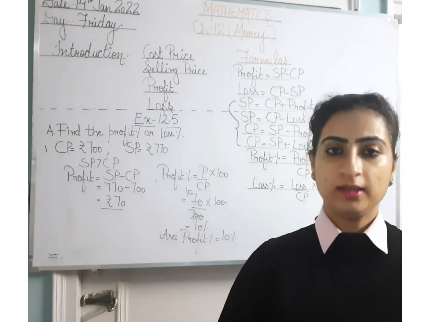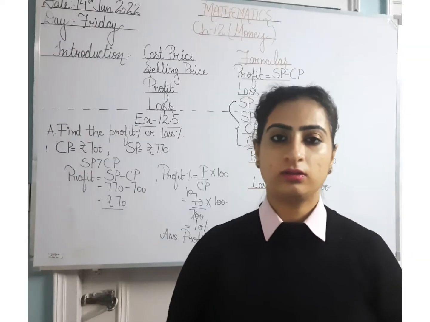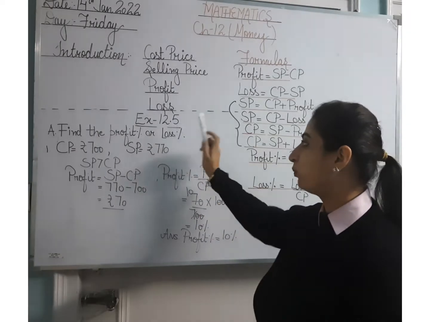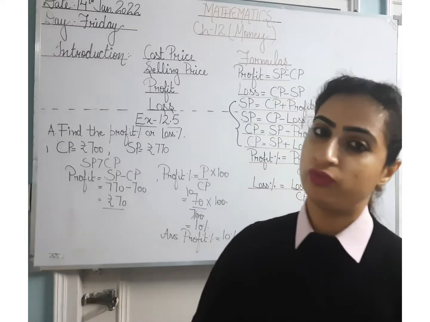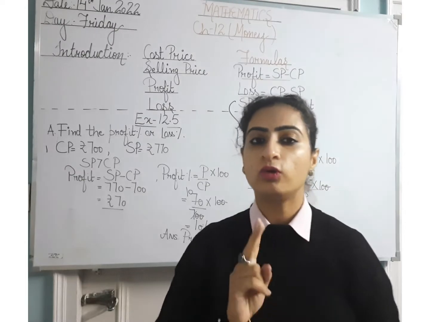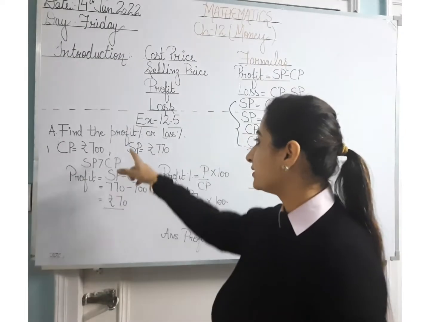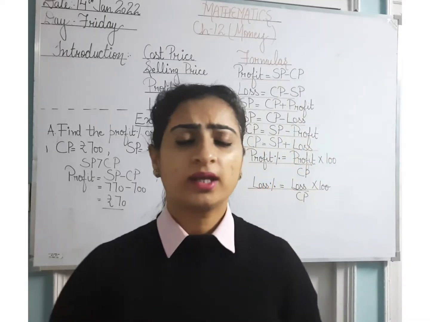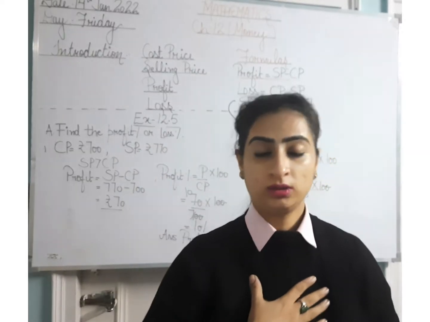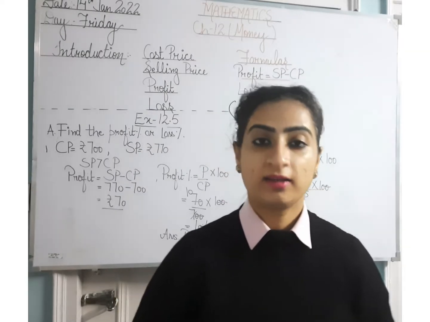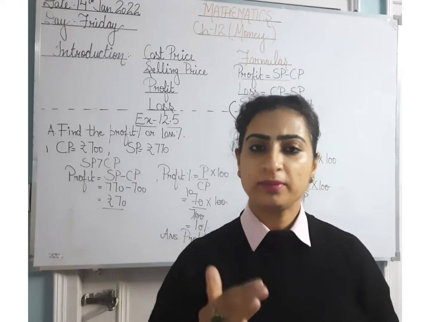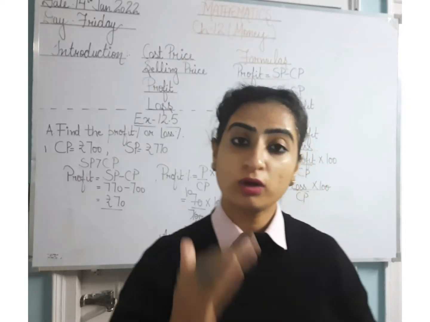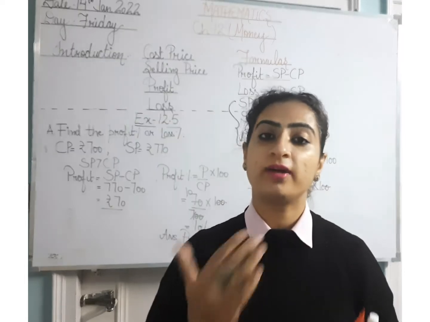Now, in the next class, we are going to start exercise 12.5. Again, new exercise, new formulas. So we have to learn two more new formulas, for percentage. What is percentage? When you take out something out of 100. Okay, I got 100% in my PT2 result. That means I got full marks, right? I got 99%. So that means out of the total, some of my marks were deducted. You understood what is percentage? Percent means out of 100, divided by 100.